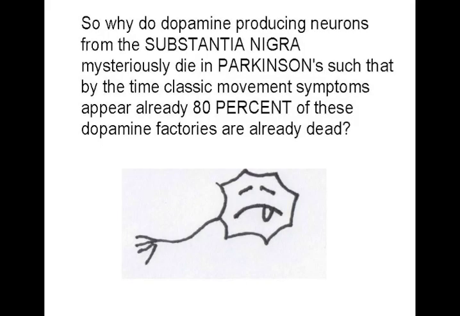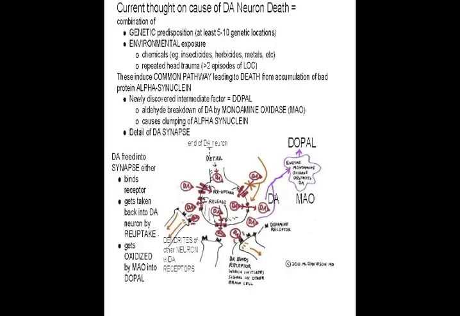So the question comes, why do these neurons from the substantia nigra mysteriously die in Parkinson's, such that by the time the classic movement symptoms of rigidity and tremor occur, 80% of the neurons are dead? Well, one thought is that it's a combination of genetic predisposition and environmental exposure. There are 10 or so genetic variations that lead to Parkinson's, and many different environmental things like insecticides, herbicides. And the question is, what